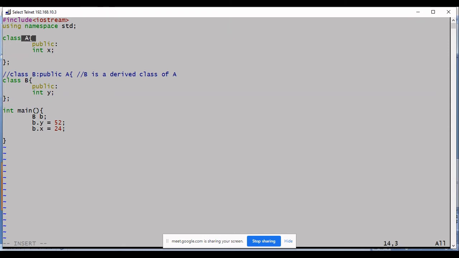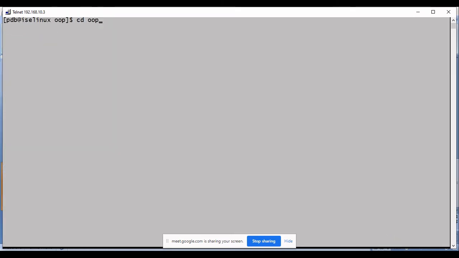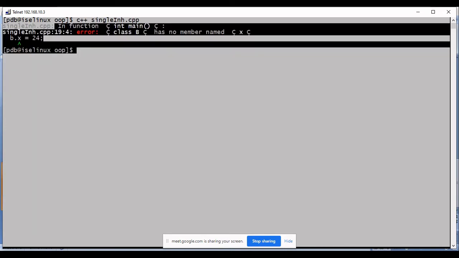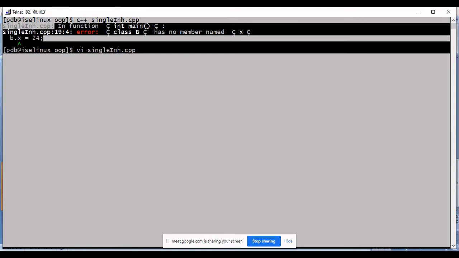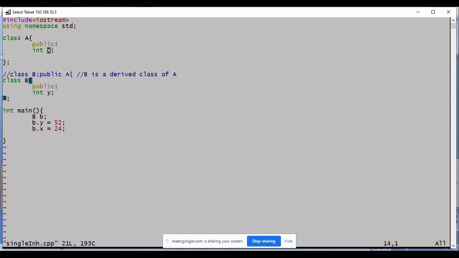Now there is no inheritance, A and B are independent, and in the main you are creating an object of type B, assigning a value to Y and also assigning a value to X. So in the absence of inheritance, this is wrong, obviously wrong, because the class definition B has no member called X. Though X is public in class A, you cannot access it using the object of B. So using an object of B, you can only access public members in its class, I mean, if you want to use the dot operator.